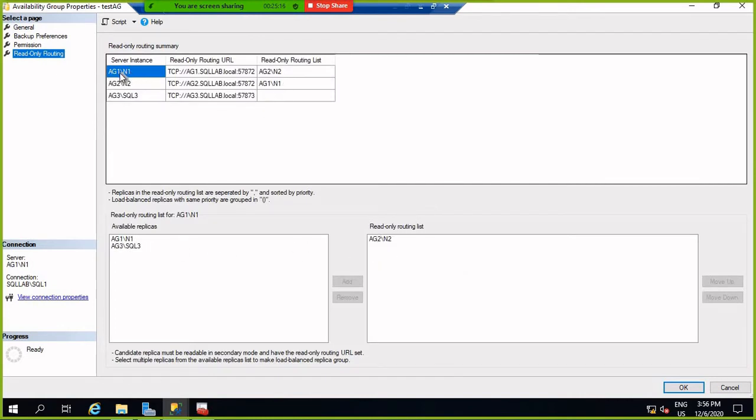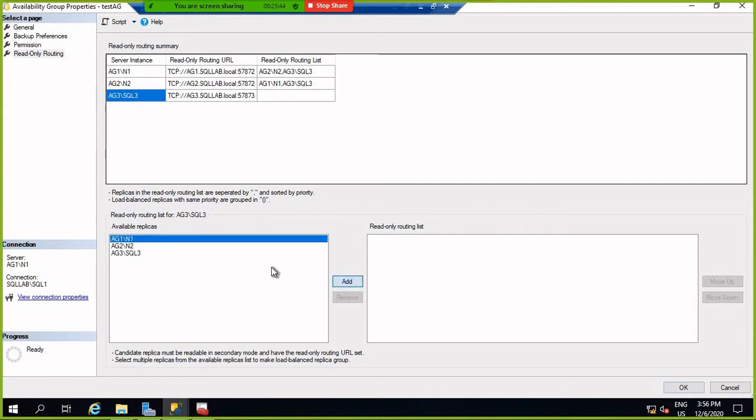Suppose if AG1 is my primary, then AG2 and AG3 are my secondaries. Okay, suppose if AGN1 is my primary, then this one is my secondary, and if this one is primary, then this one and this one are my secondaries.